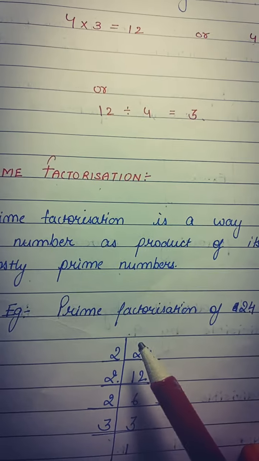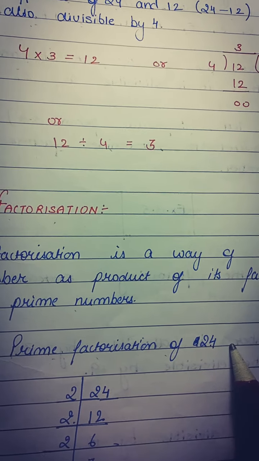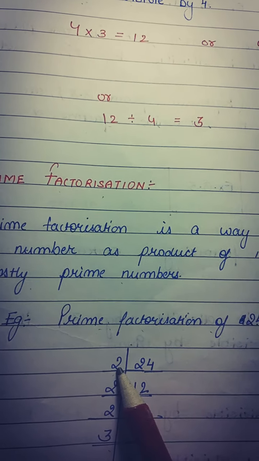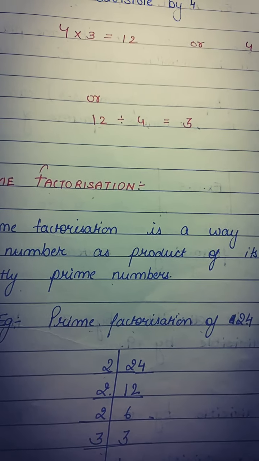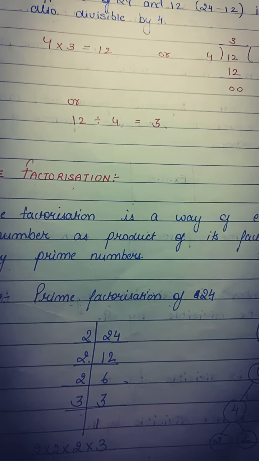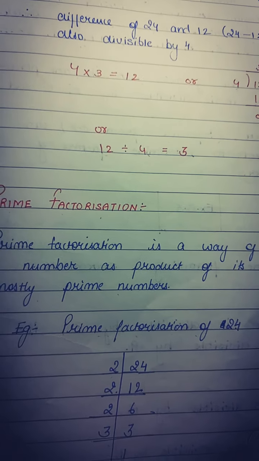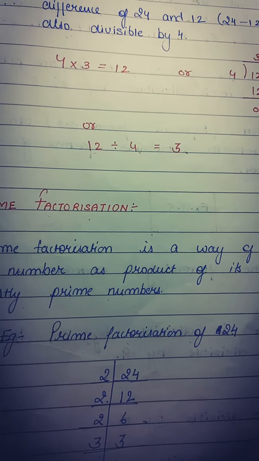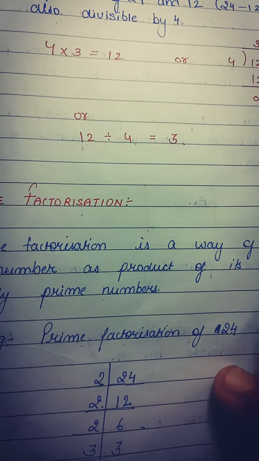See, suppose we are given: find the prime factorization of 24. So 24, we will start with 2. Now how did I make this justification, why start with 2? Is it necessary? It is also divisible by 3, and by 6 too, but I chose 2. Why? There are some rules regarding prime factorization that I will discuss with you after this question.